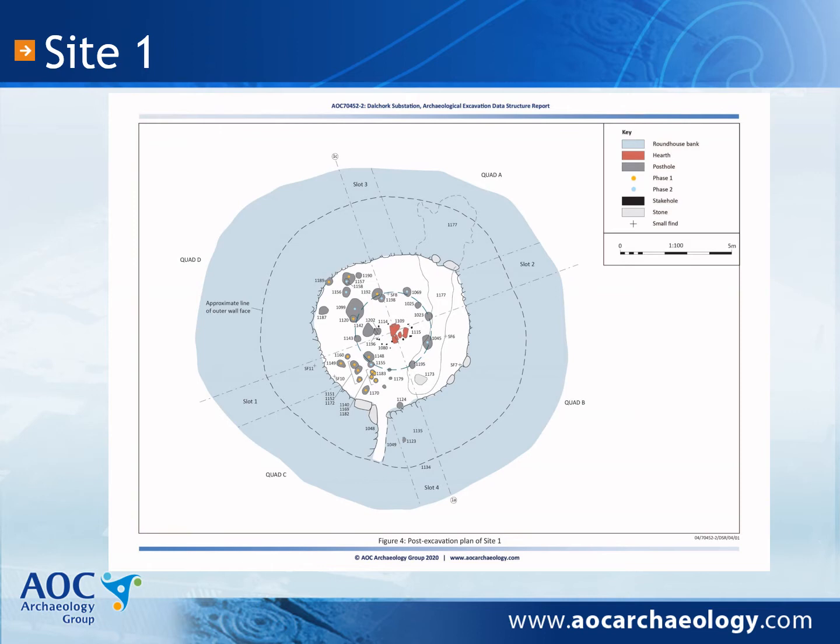which was well defined by a quite well faced inner wall face, which clearly had been repaired on at least one occasion, which may have been during the renovations leading to the phase 2 of the structure. This was seen in various ways. Firstly, the post holes that are laid out here have been phased,